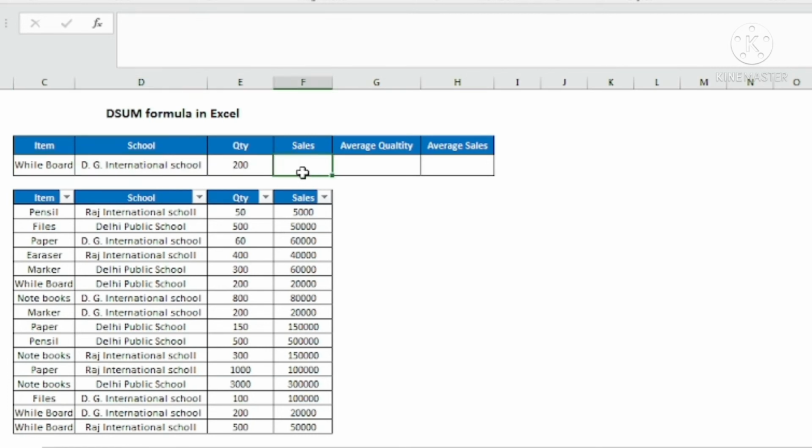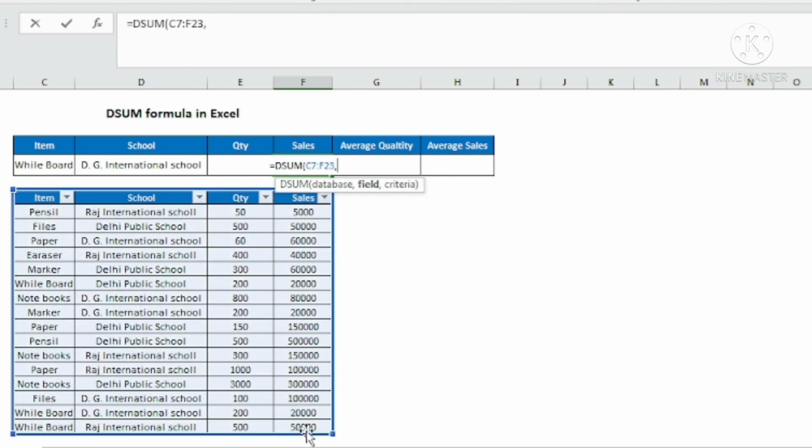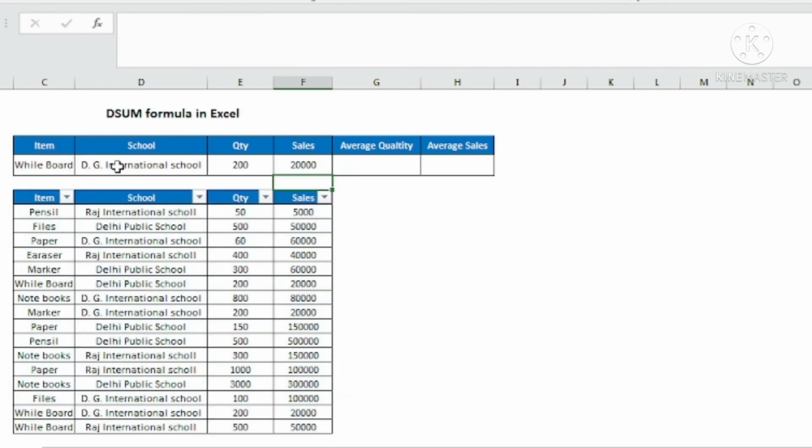So that is for quantity. Now I'll again go ahead and put the formula for sales. Here again I will use the DSUM formula. DSUM, tab, database. I will select this particular database, comma, field. The field is now what I want: I want the total of sales. So I will select sales from this database, the header of sales, comma, criteria. Now again I want to include both these criteria, so I will select both these cells and complete the formula.